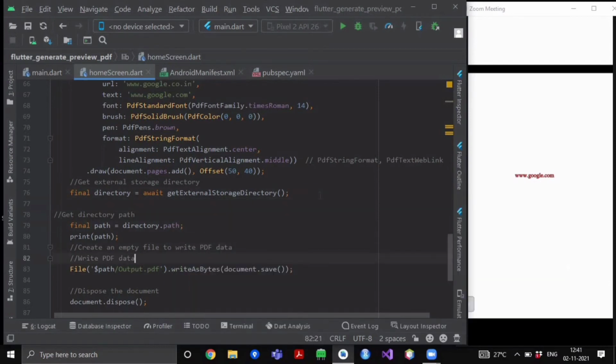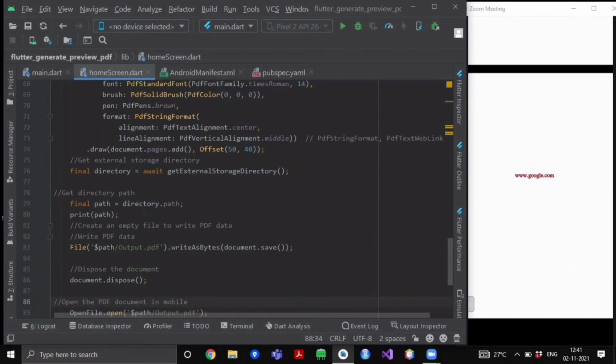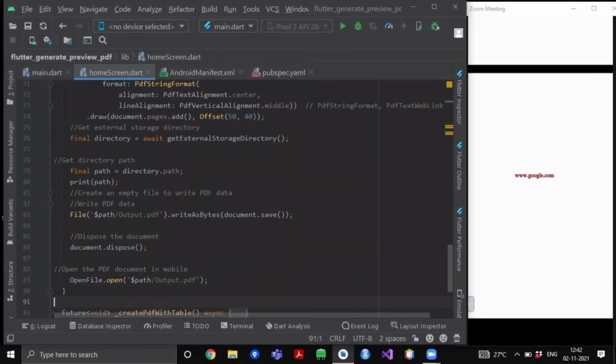Now after getting the directory, we will fetch its path. So here inside the path variable we have our directory's object path. Now after this we want our file to be stored inside that particular path.